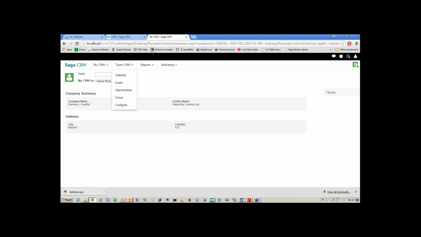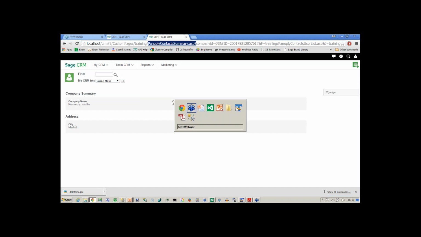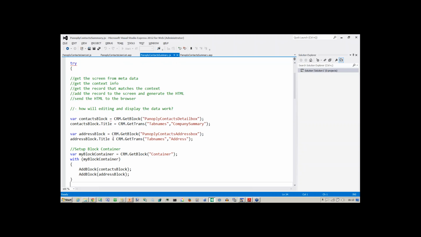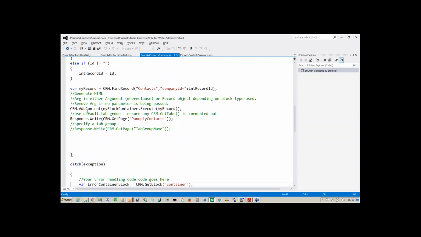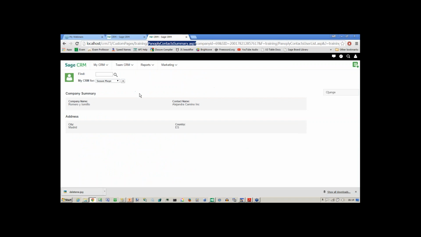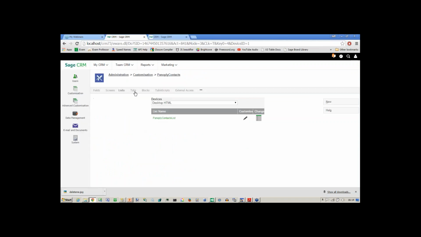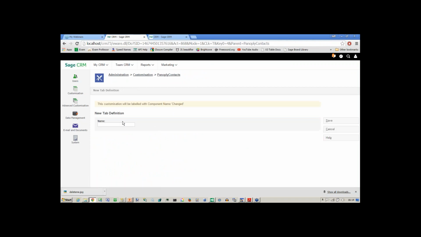If this page, as we can see, is our panoply contact summary, and in our code that we had written in the last lesson, as we looked at this, we can see that the way in which the page is generated, it's referencing a tab group called panoply contacts. This is the reason why we don't have our horizontal menu here, because that doesn't exist in this particular system anymore. If I go back onto tabs and I click new and just add in my tab group,